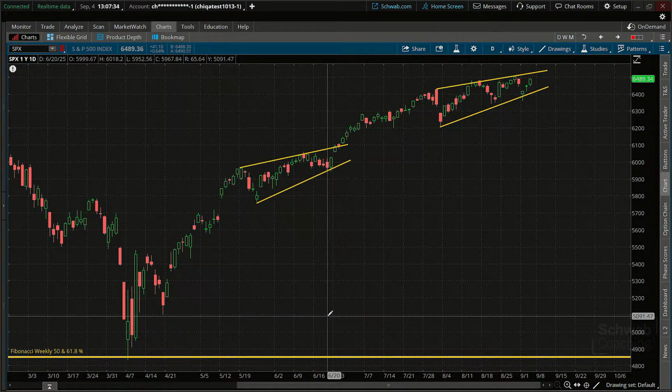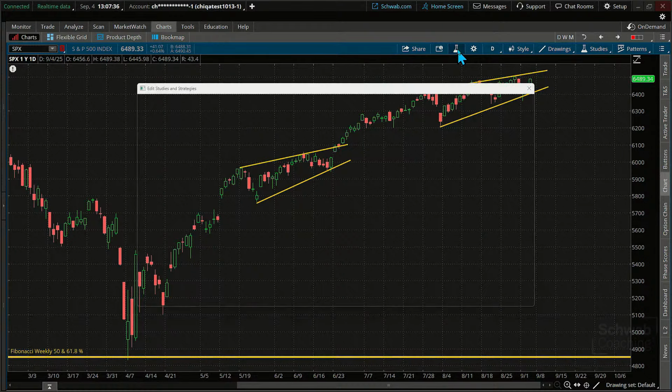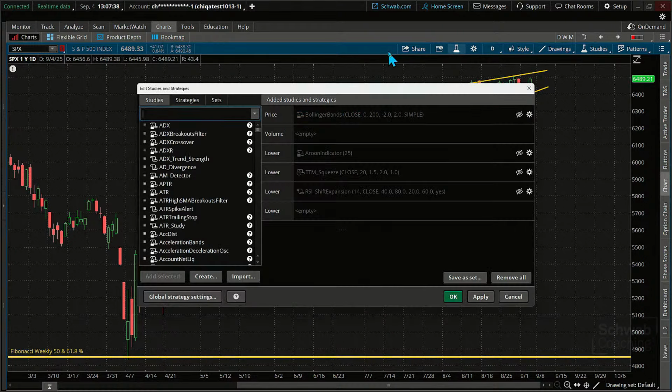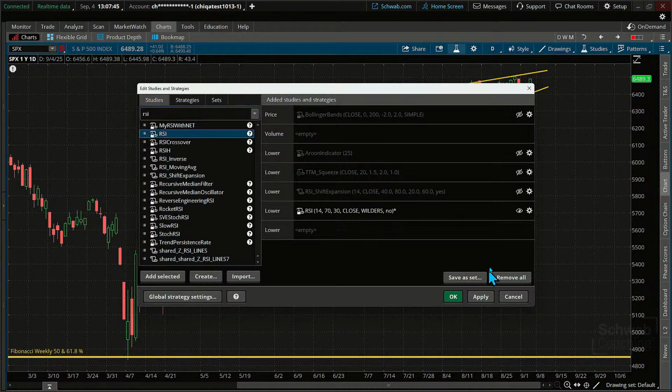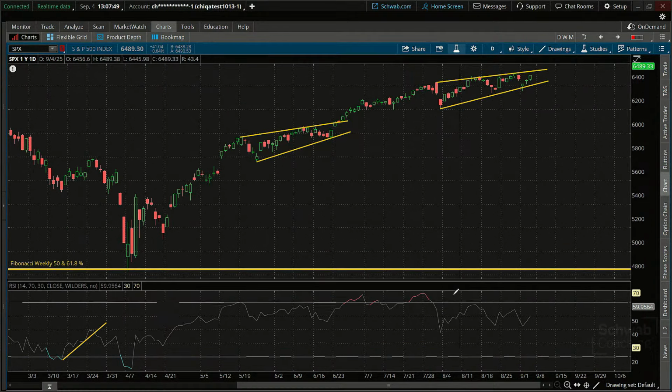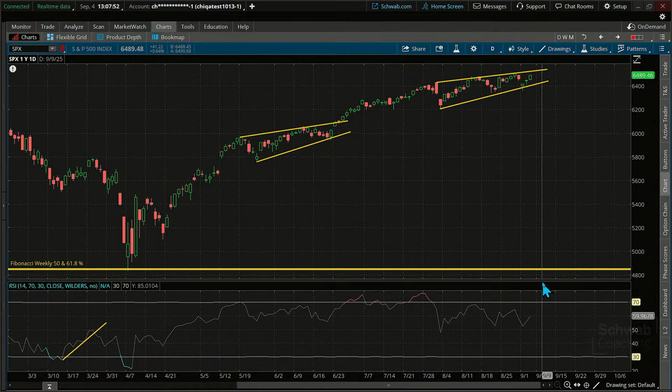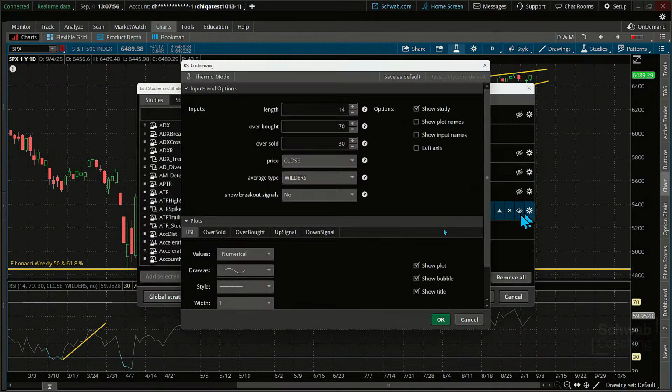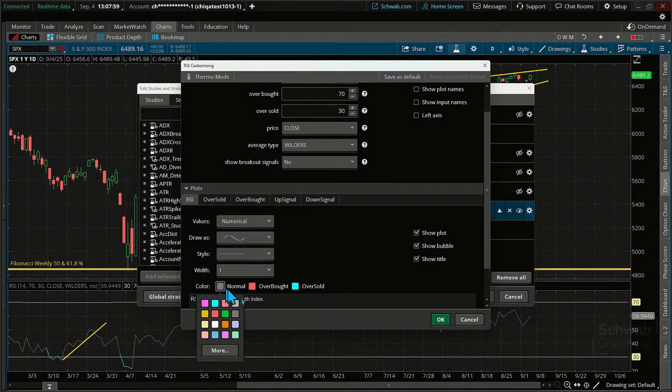Now, what I'm going to do first is add in, as we get talking about our indicators, the RSI. I think maybe one of the most common indicators out there may be actually the RSI. It might very well be. It is a popular indicator. Let's go ahead and just brighten that up. I want to make sure that we can see it a little bit better. Gosh, who wants a gray background when you can do something like a green or whatever? Let's thicken that up a little bit so we can see it.